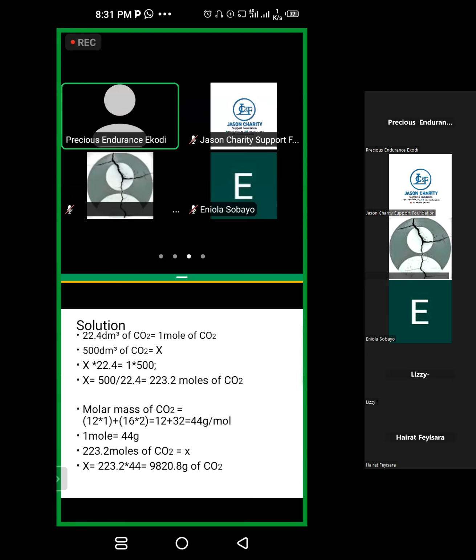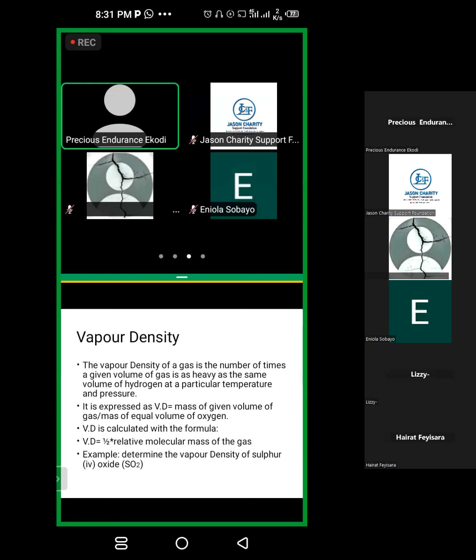So we move to the next part, which is vapor density. Now, what is vapor density? The vapor density of a gas is the number of times a given volume of gas is as